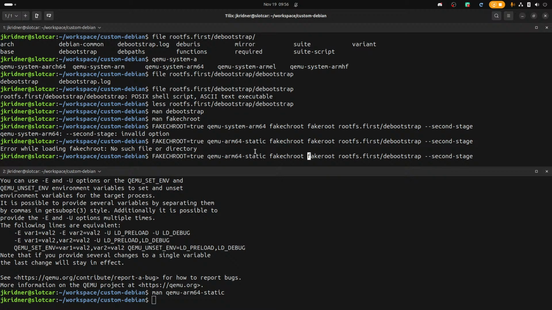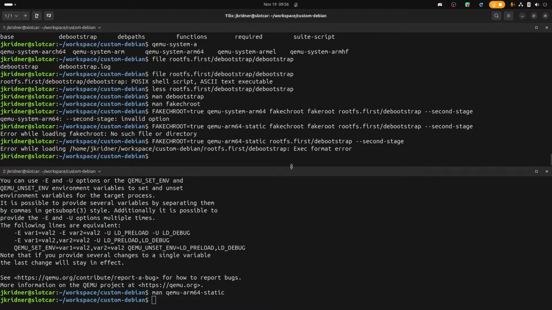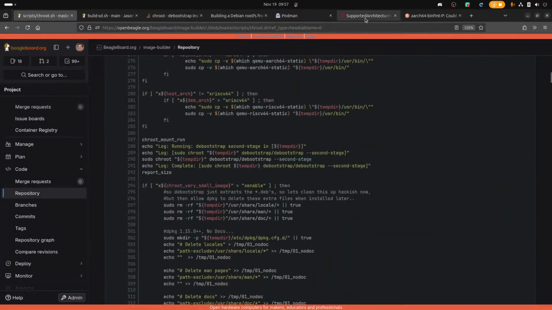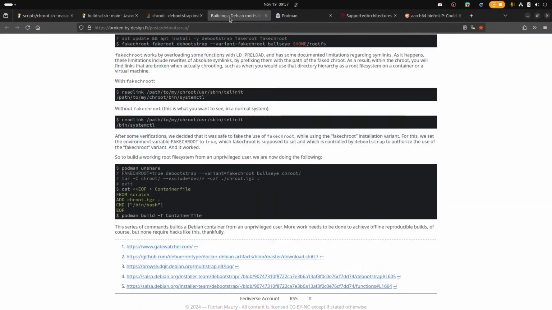Because I need the chroot to be in that location, right? Yeah, it's not a binary. All right. So what else did this process do? Right. So this one here,